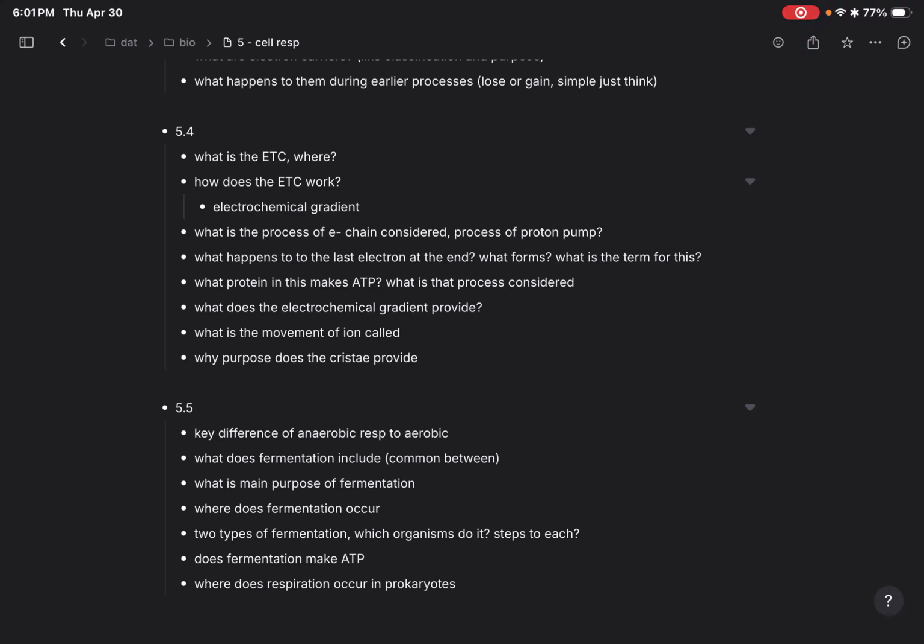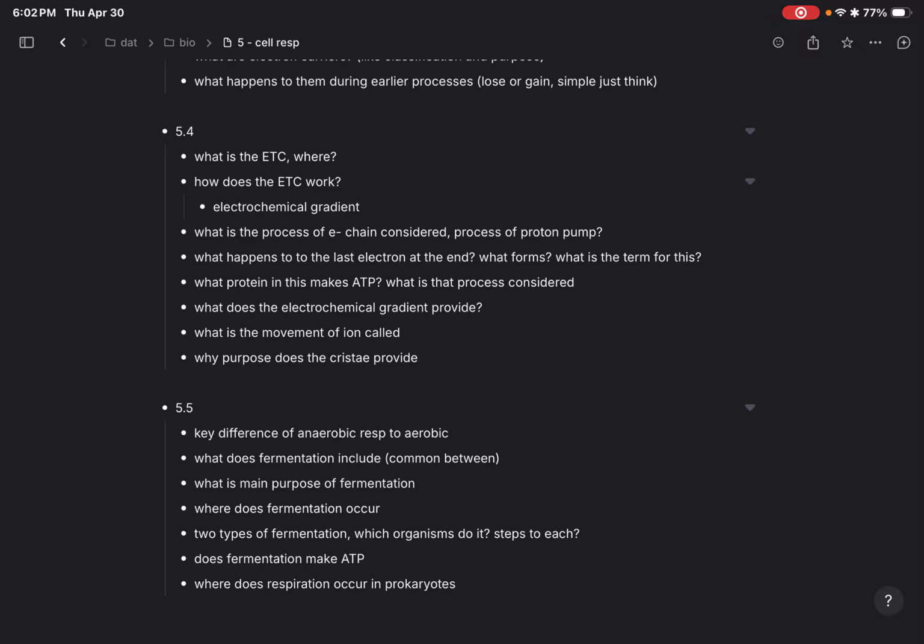So what will happen is that the electron carriers will carry the high energy electron and drop it off at complex 1. So NADH goes to complex 1, FADH2 goes to complex 2. The electrons will just hop on over, keep on going, and then they'll get caught. With those complexes getting powered, those active transporters will push hydrogen ions to the outside of the matrix into the intermembrane space. So then we'll have a